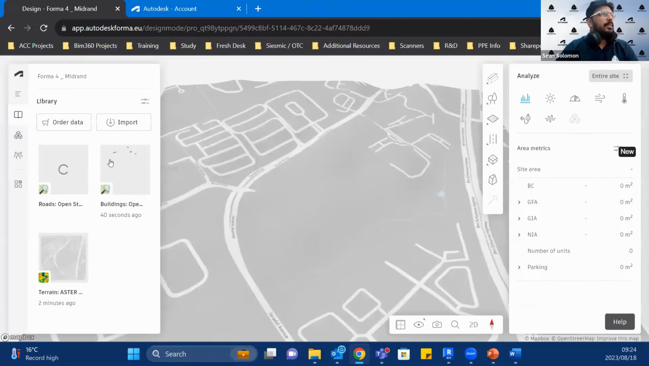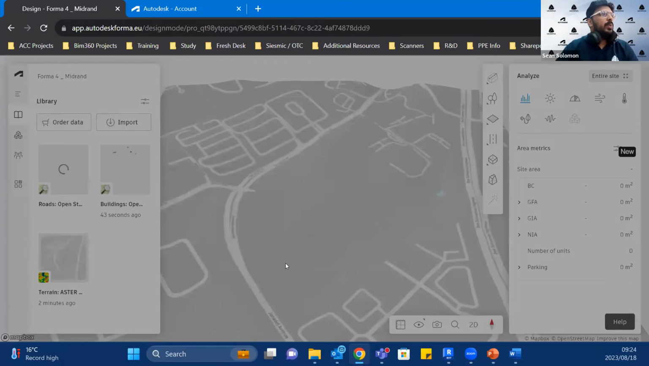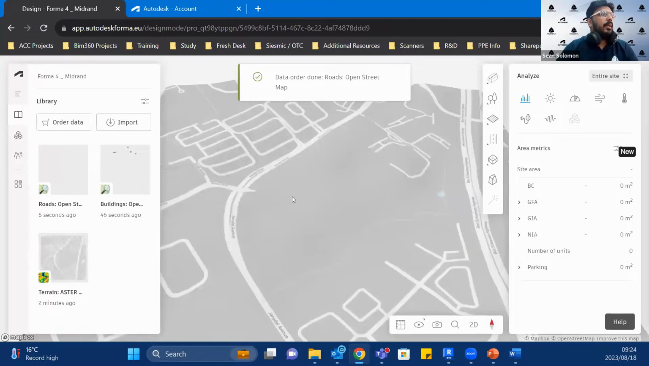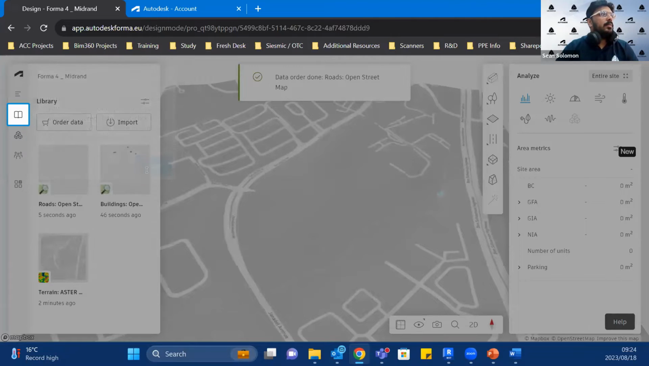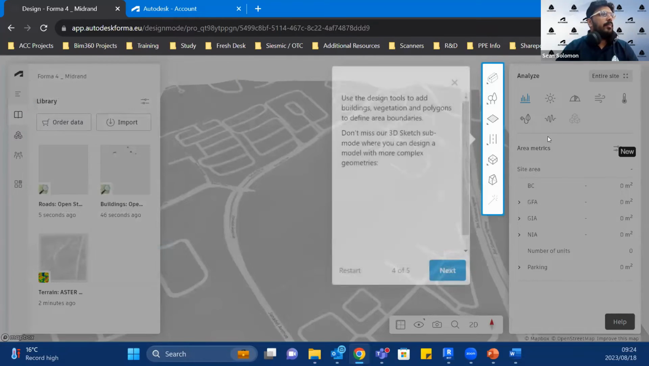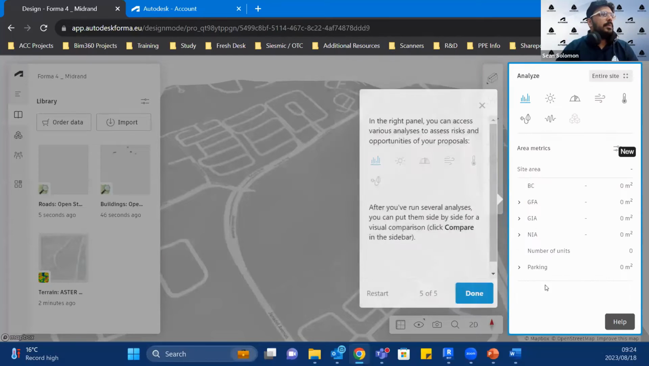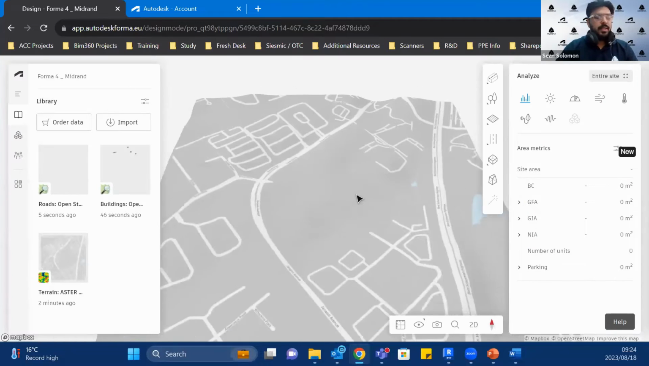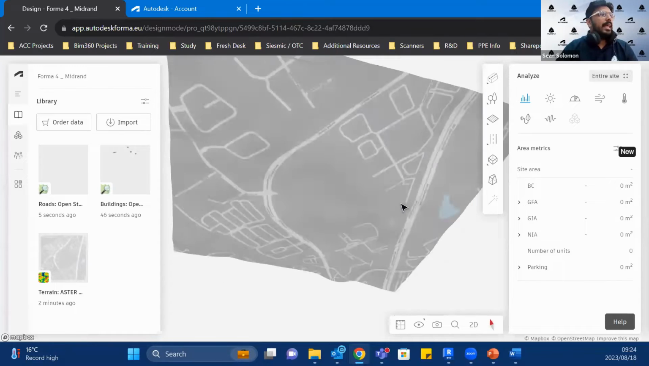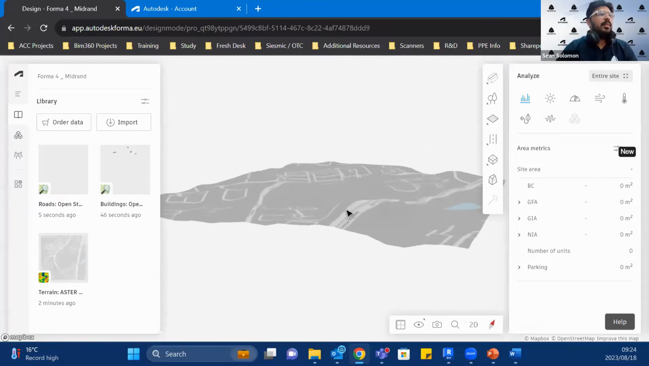Now we're happy with this. So if we run back to our project, let me just skip past these steps for us. All right. So if we actually look at our site currently, as I mentioned, we have the 3D terrain